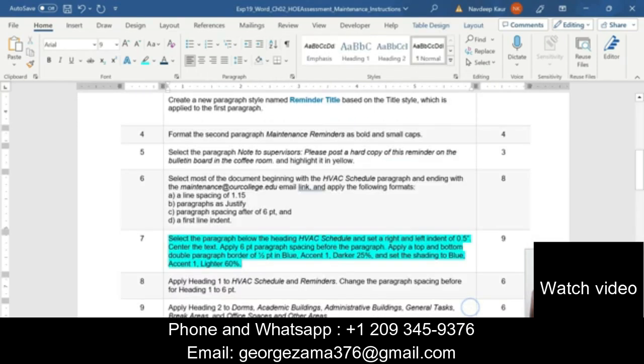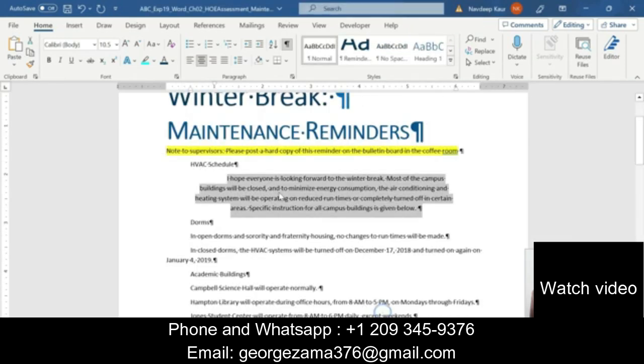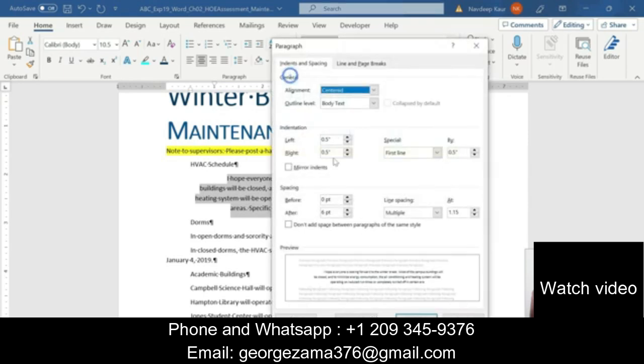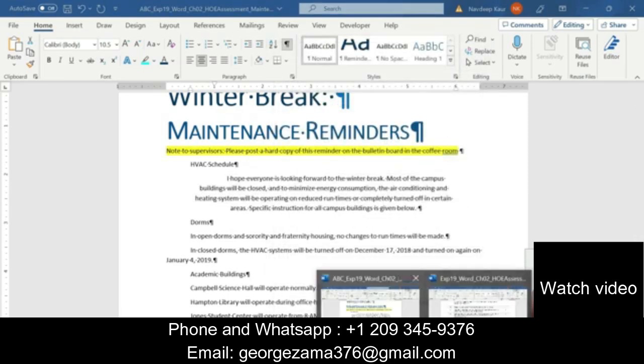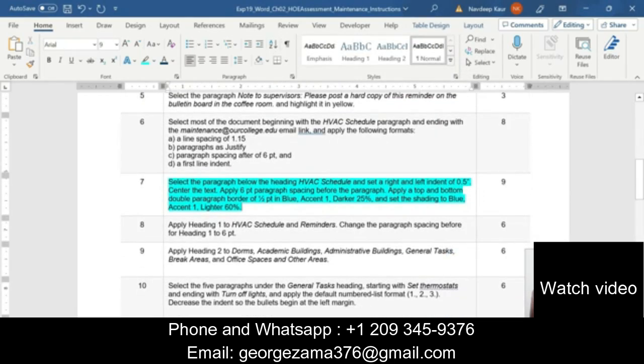Now, next thing to do is apply 6-point paragraph spacing before the paragraph. So again go to the paragraph setting and apply 6-point spacing before the paragraph. So apply this one. So next thing to do is apply a top and bottom double paragraph border of 1/2